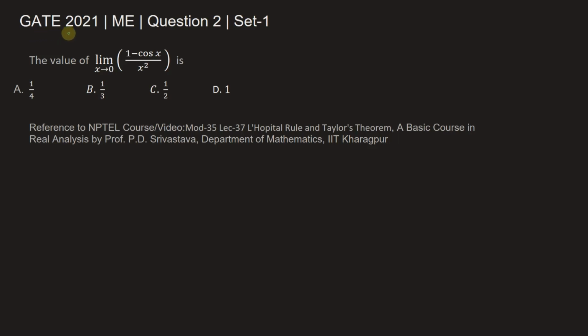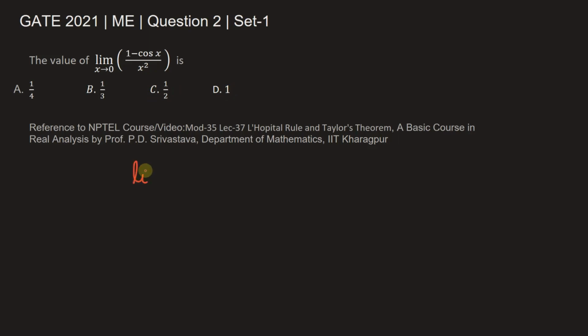This problem is from GATE 2021 Mechanical Engineering of Set 1. The question says the value of limit x tends to 0, (1 minus cos x) divided by x square is. So in this problem we need to find the value of limit x tends to 0 for the function (1 minus cos x) by x square, and the given options are 1 by 4, 1 by 3, 1 by 2